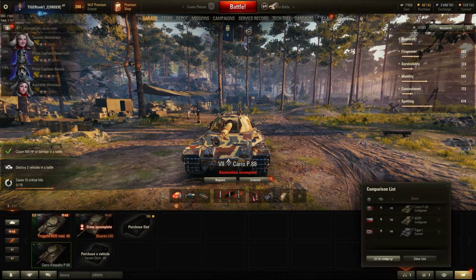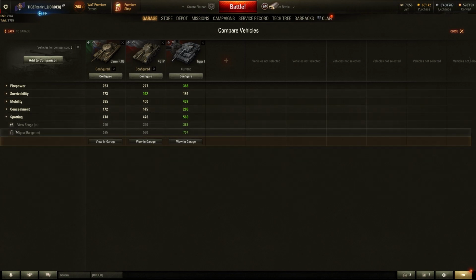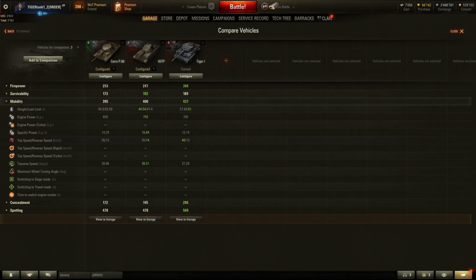And thus, the armor just counters itself a little bit in that aspect. Then, moving on, you can see that the Tiger 1 is actually faster than the Carro P.88, and I felt that the mobility aspect was going to be one of the main reasons for the Italian heavy tanks to be very effective with medium tanks, and being able to revert in the role of being quite fast